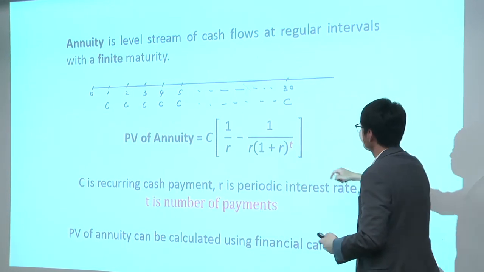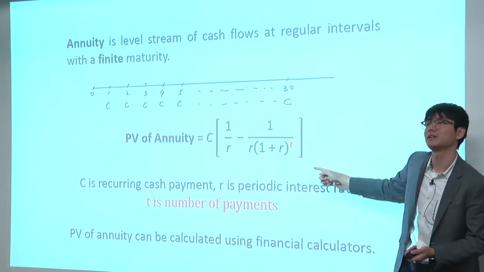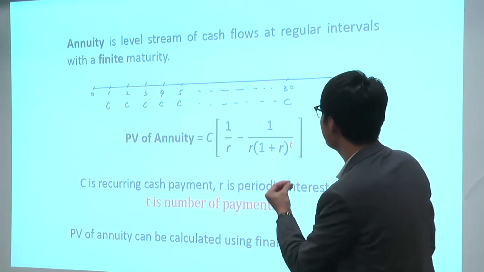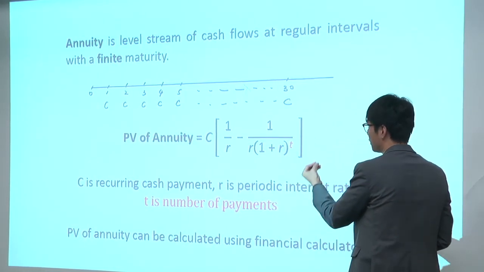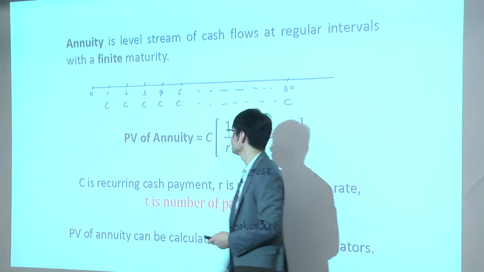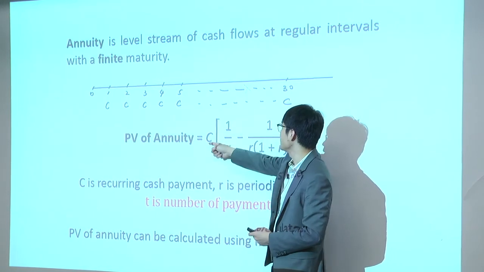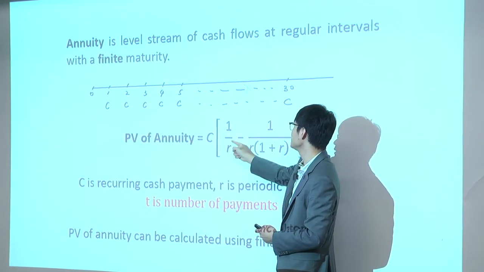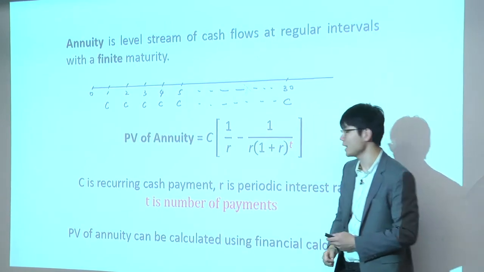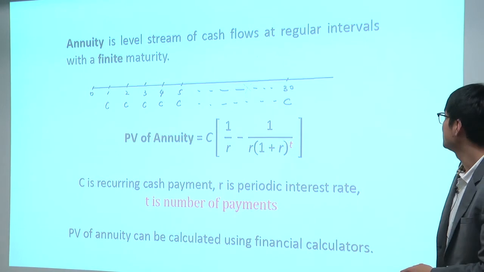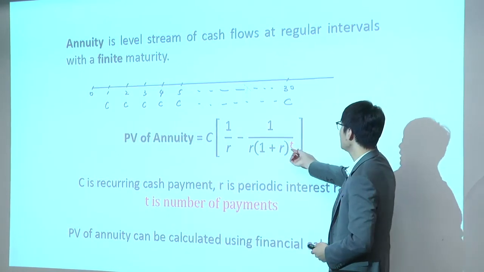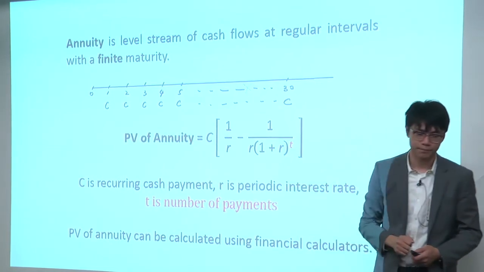You say, no, this doesn't look like that. I know it doesn't look like that. It's a simplified equation. So the present value of the annuity, remember, when I'm saying annuity, the first payment always happens in the first year, then keeps going. It is the cash payment C times 1 over the interest rate r minus 1 over r times (1 plus r) raised to the t power. Here C is the payment, r is the interest rate, and t, the power, is the number of payments. In this question it will be 30, okay?